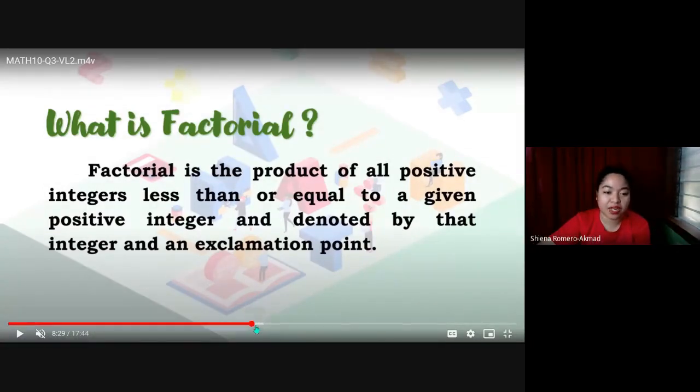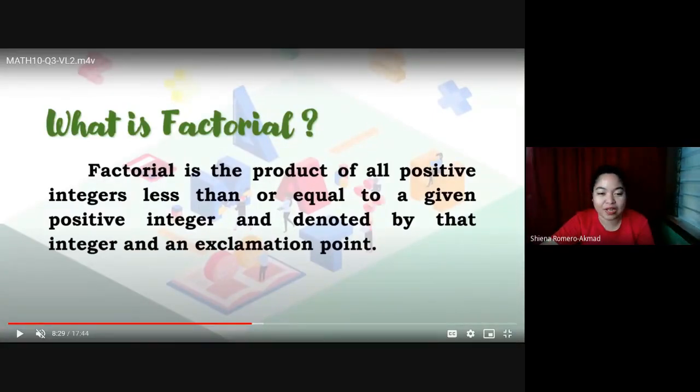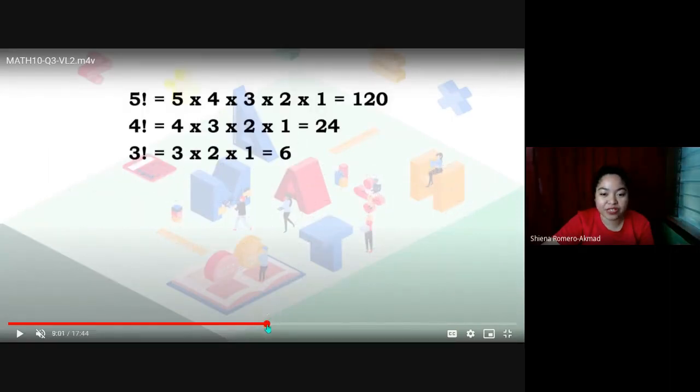So makikita mo siya kapag nakita ka ng number at merong exclamation point. Hindi ibig sabihin ng 4 factorial, 4. Hindi ibig sabihin ganun. Okay, though sa English, 'di ba? When we look at an exclamation point, ang naiisip na natin doon ay expression na ikaw ay in pain or something like that. So let us have examples.